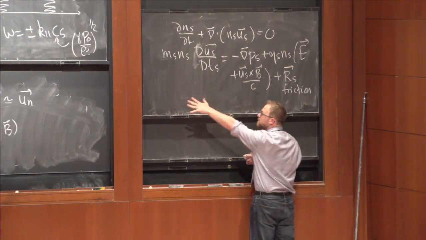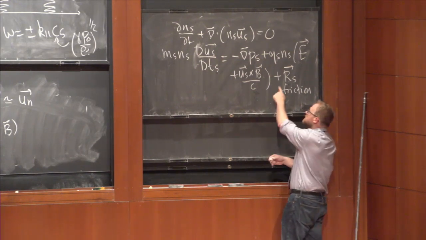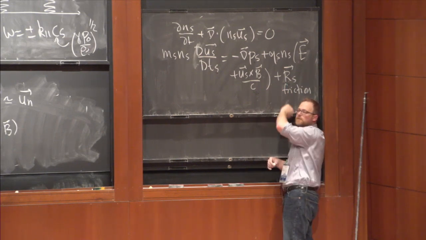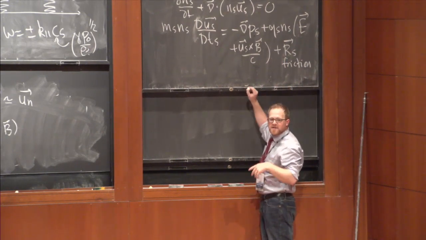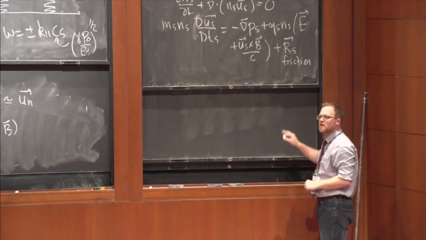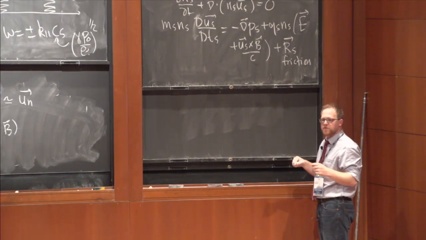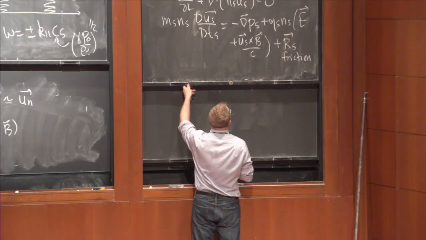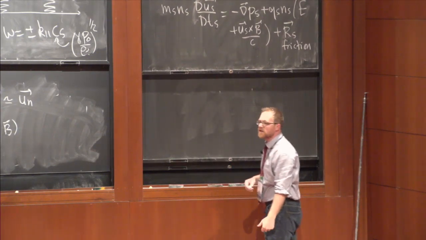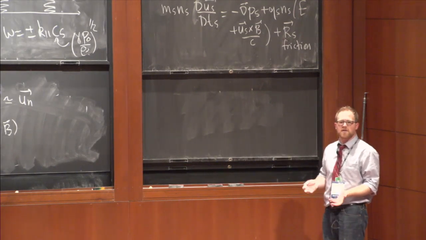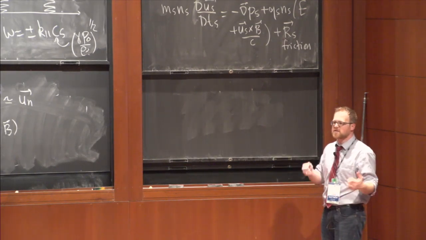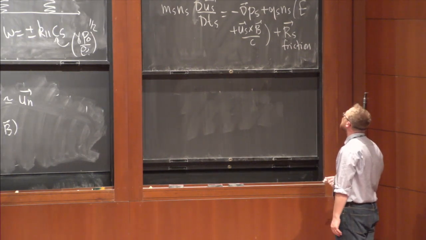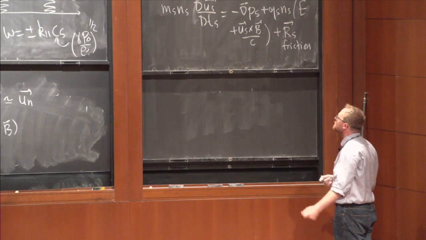Now, if I were to sum this entire equation over all species, this term better vanish, or Newton's third law doesn't work. So the momentum of the entire fluid is conserved with respect to collisions, but each individual fluid might exchange momentum by collisions. And of course, there's a thermal energy equation for each one of these. If it were lossless ideal MHD, the entropy of each species would be conserved, but for sources and sinks.